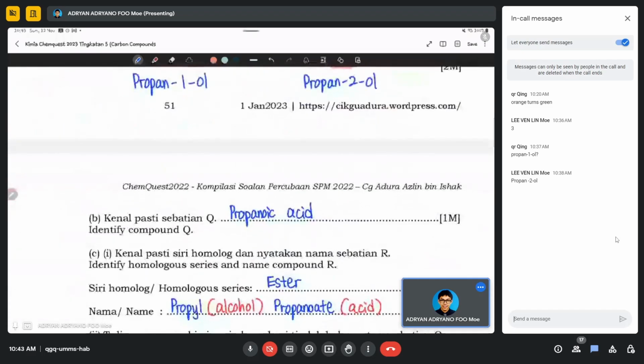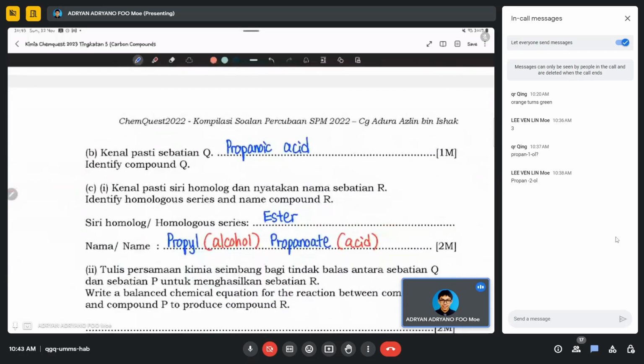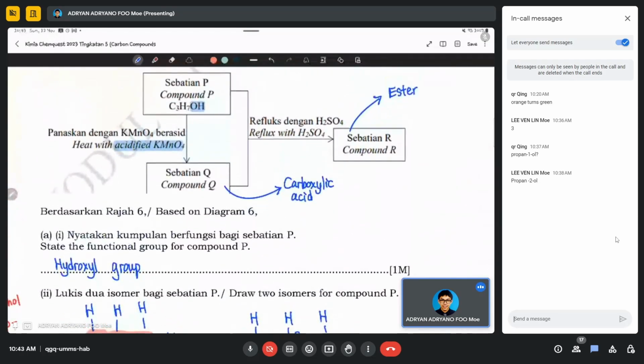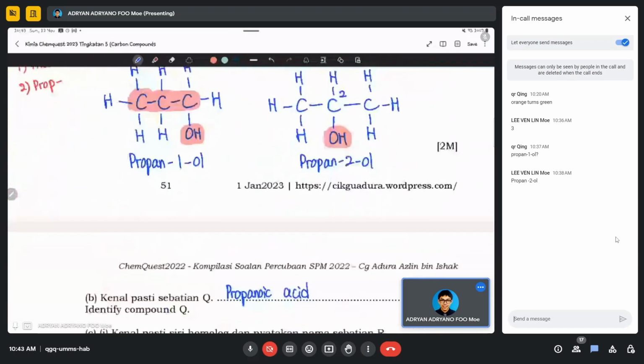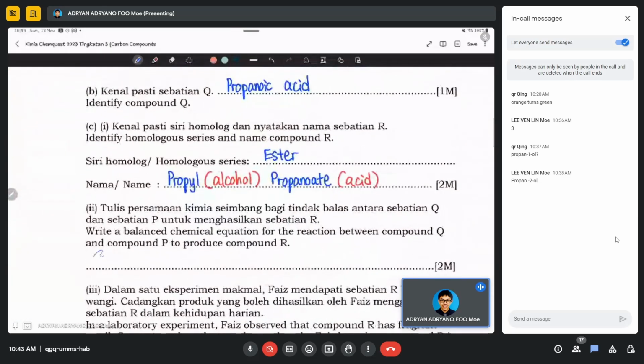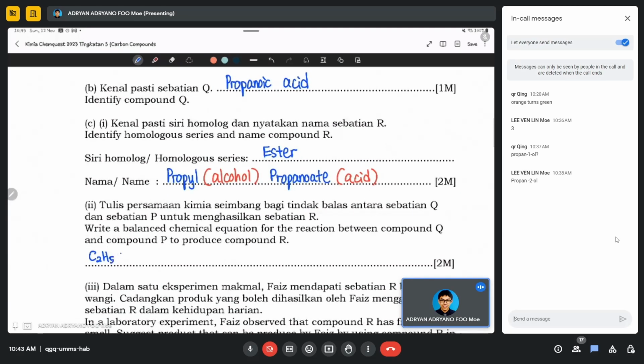Sorry, 还讲什么？Compound Q and compound P, right? So compound Q is carboxylic acid. 然后我们刚才知道是 propanoic acid. 所以 propanoic acid 它有3个 carbon. 所以是 C2H5COOH. 记得这个